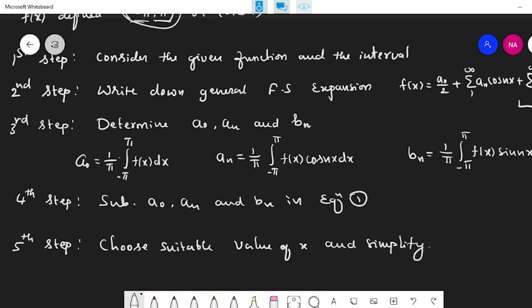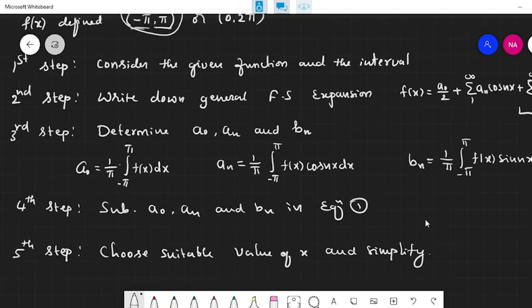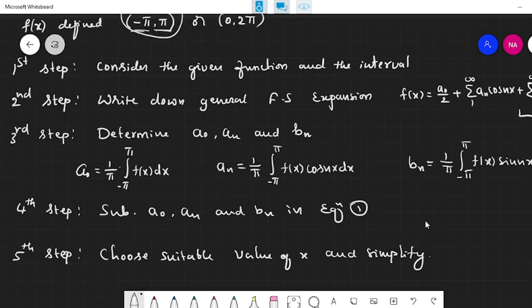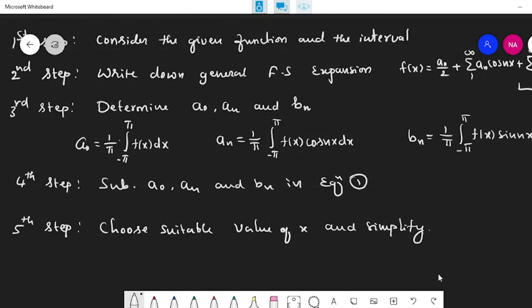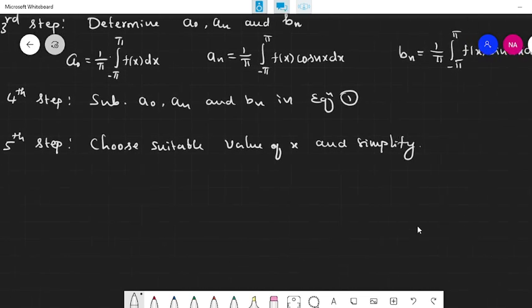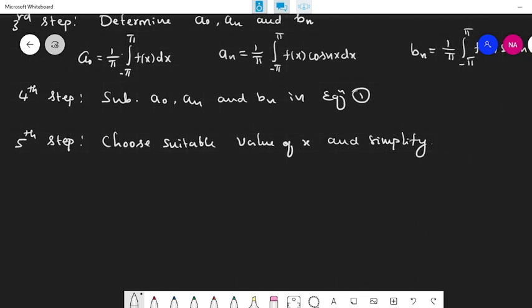So these are the steps to be followed to find the Fourier series expansion of the given function. Okay, with this, let us wind up the discussion on